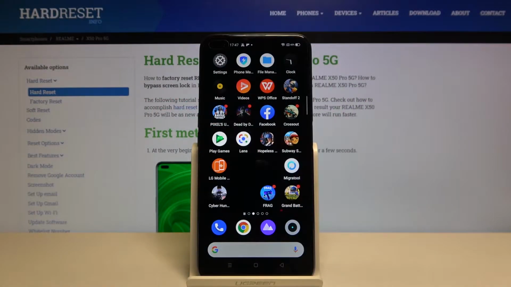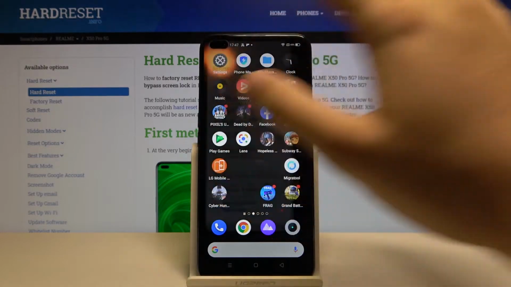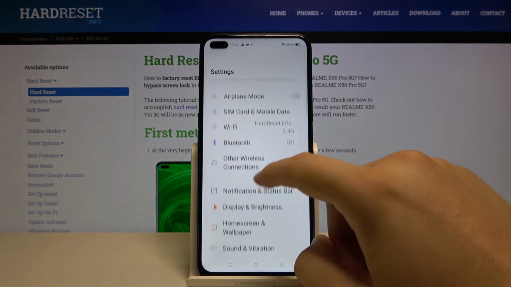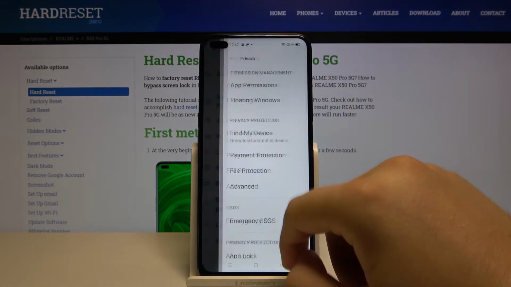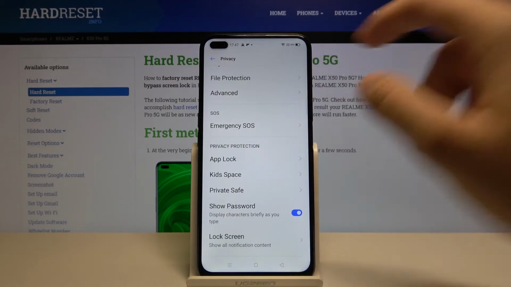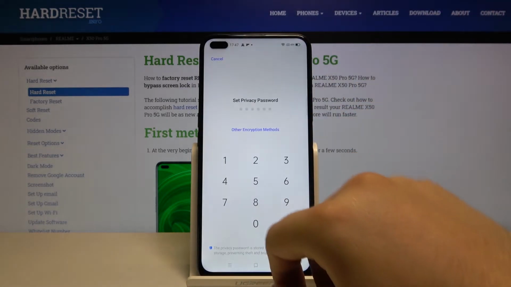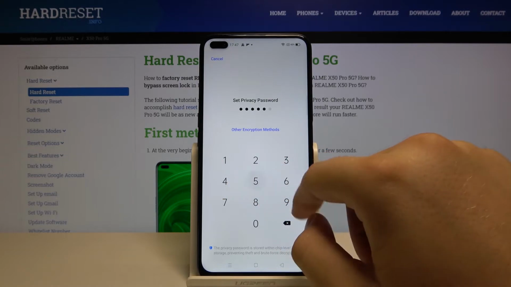Welcome. If you want to set a password on an application on the Realme X50 Pro, first you have to go to Settings. Right now you have to scroll down and go to Privacy, and here you have to go to App Lock. Tap Set Password, input your lock method,